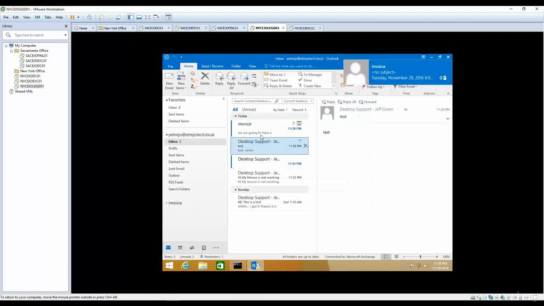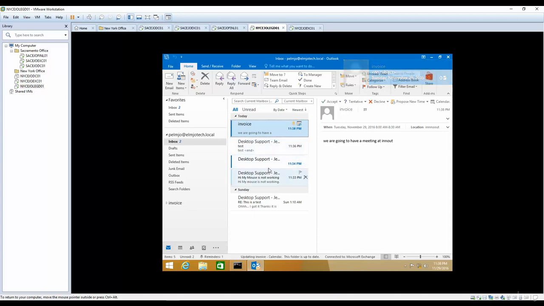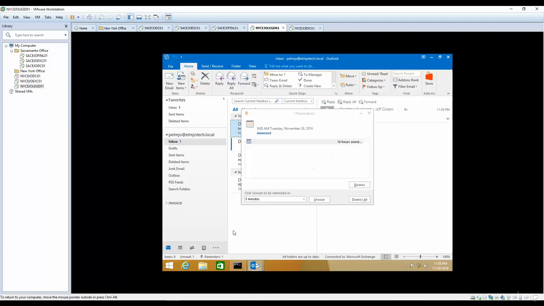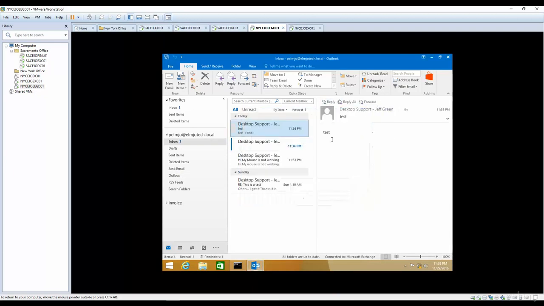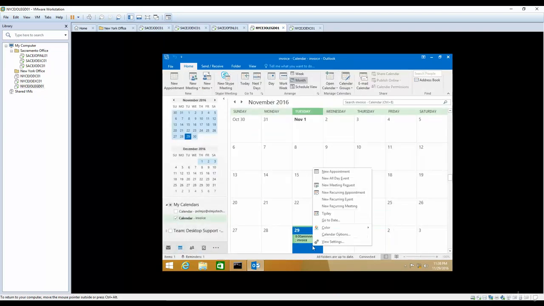So one other thing that I want to show you is that once I just booked a meeting, it's going to tell me whether it is going to be accepted. For example, I'm the user and I want to accept it. So I accepted it, and now if I go back to meetings and I say, for example, new meeting request,